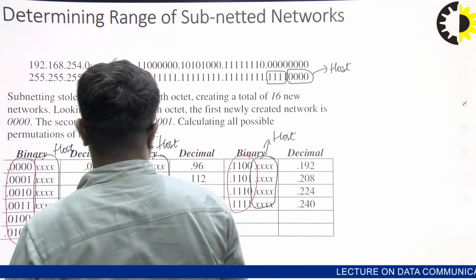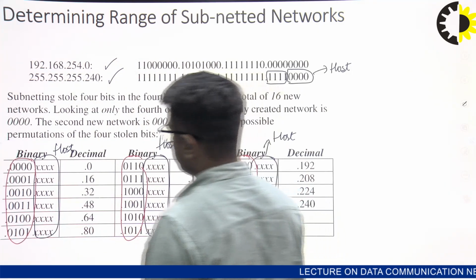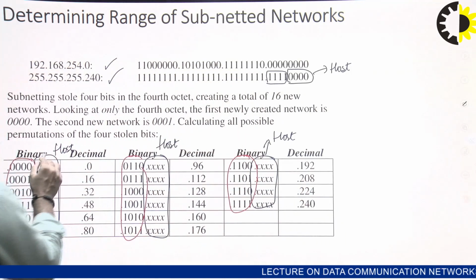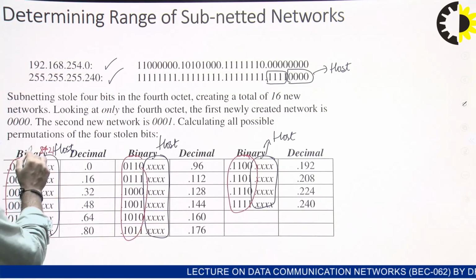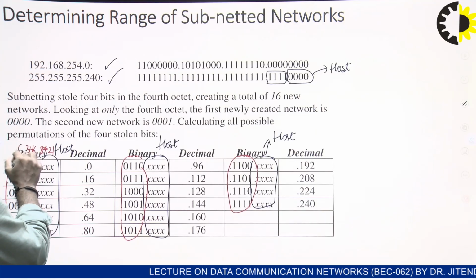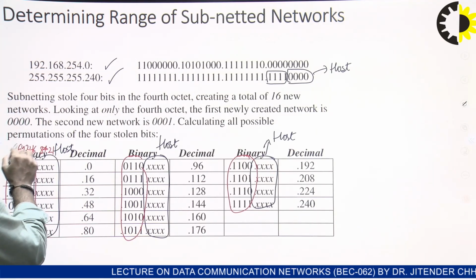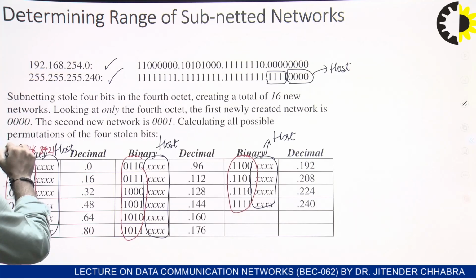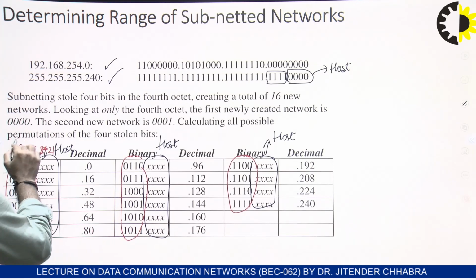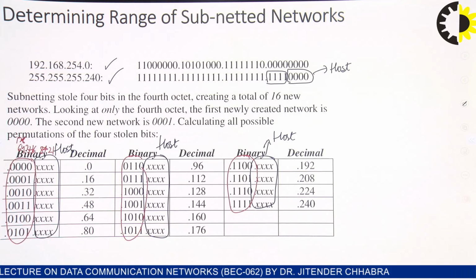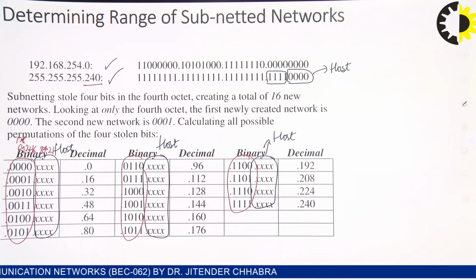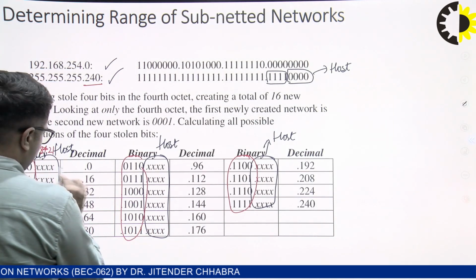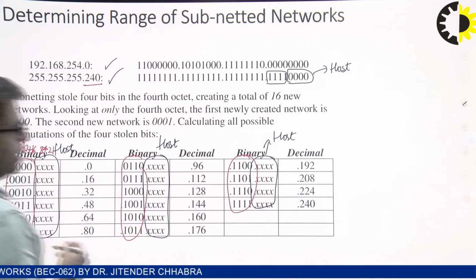If we see it carefully, the weights 1, 2, 4, 8 are not going to be used, only 16, 32, 64, 128. So 128 plus 64 plus 32 plus 16, we will be getting 240. So the first subnetwork will have the address